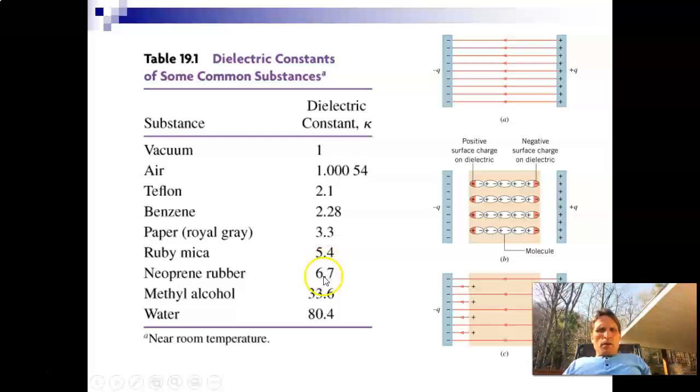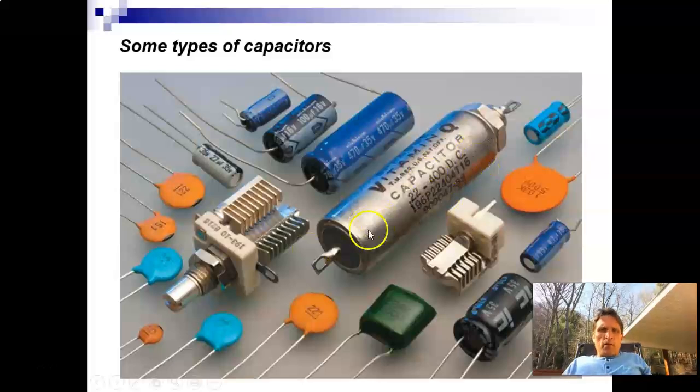Mica, rubber, 6.7, you've reduced it, all the way up to 80 if we put water between the plates. Now in practice, it's not a very practical solution to put water between the plates, and also if the water conducts, if it's not pure water, you can short the capacitor out, which is very bad. So in practice, we typically use a polymer or ceramic or wax paper or something, and so these little capacitors